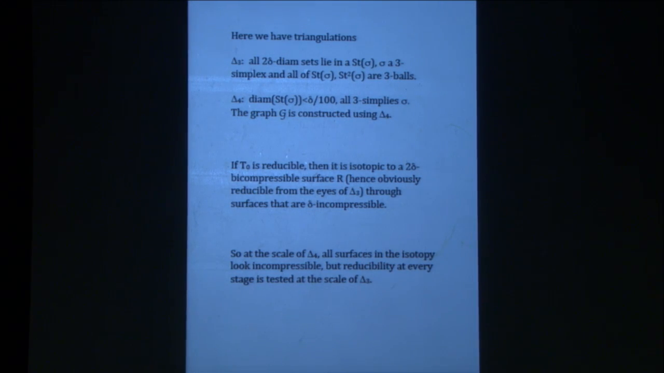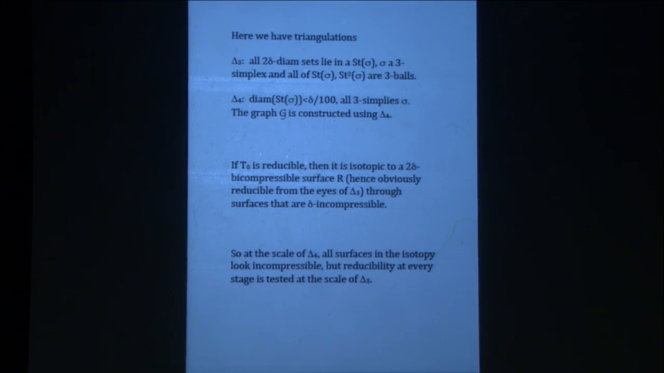As far as you know, these surfaces just look perfectly incompressible as far as you can tell. But on the other hand, if you look at the scale of, say, 2 delta, there's this triangulation delta 3 where any 2 delta diameter set is contained in its second star, or maybe its first star, and the second star is a 3-ball. So the point is that